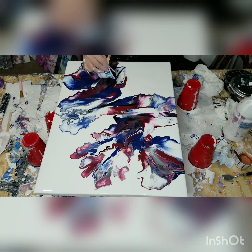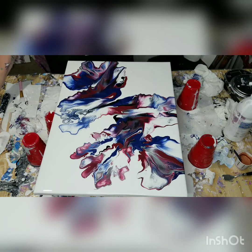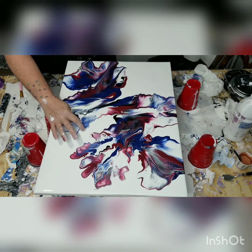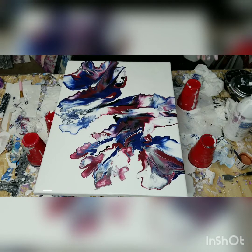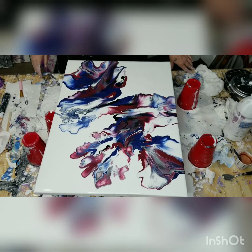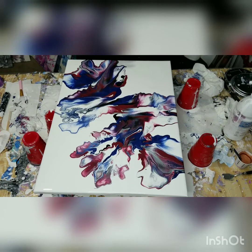When you do your Dutch pours, if there's something you don't like, you can keep messing with it till you like it. That's the best part about doing these type of pours. Oh, I think I just got paint all in my hair. You just kind of keep messing with it till you get what you like. And then if you end up not liking it at all, you can always scrape it and start over, but